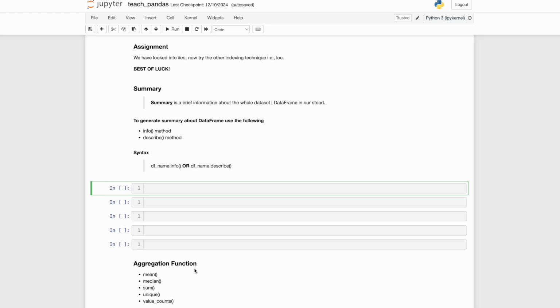The first one is the info method, and the description with the describe method. And of course, I'd love to show you something. You don't need to cram all of this in your head. You don't need to cram it. You can look up the Pandas documentation,